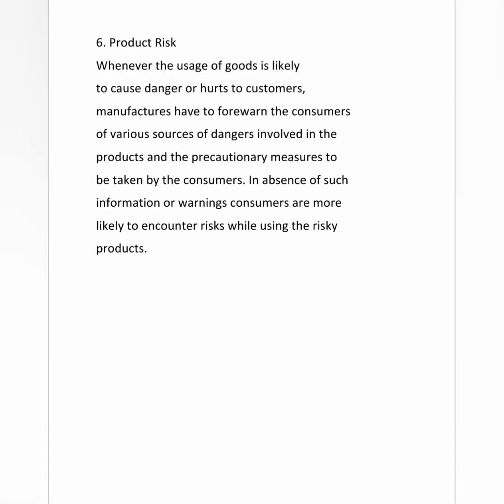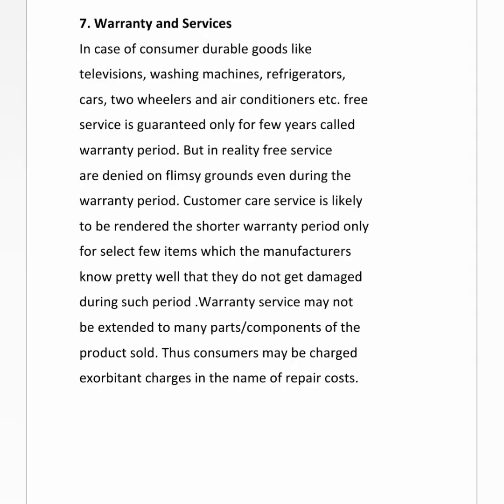Next is product risk. Whenever the usage of goods is likely to cause danger or hurt to consumers or customers, manufacturers have to forewarn the consumers of various sources of dangers involved in the products and the precautionary measures to be taken by the consumers. Meaning, certain products will be at higher risk when used by the consumers. So normally it is a duty of the manufacturers or the sellers to provide necessary information regarding the dangers involved in using that product. So what are the precautionary measures to be taken before using that particular product which the consumers have purchased? In the absence of such information or warnings, consumers are more likely to encounter risk while using